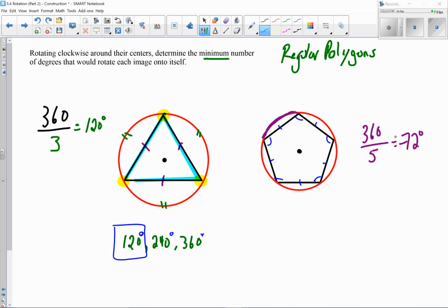Now again, the question just asked for a minimum number, so 72 is your answer, right? But if it wanted more of them, I'd have the list of all of them. That'd be 72,